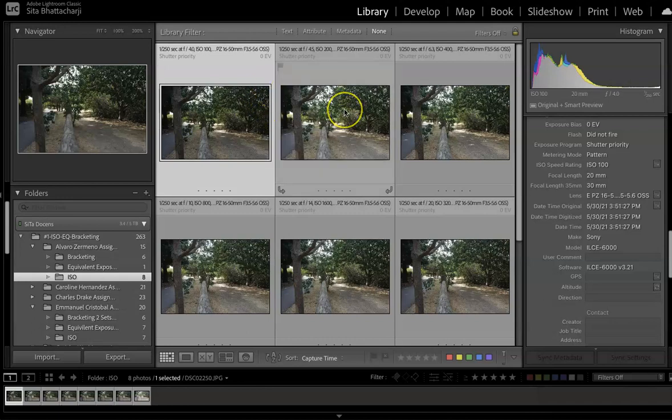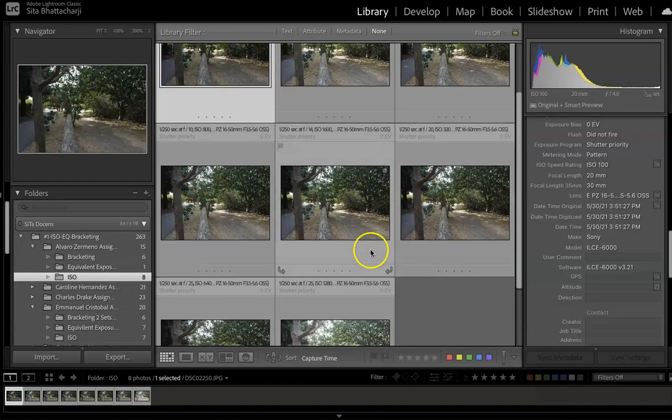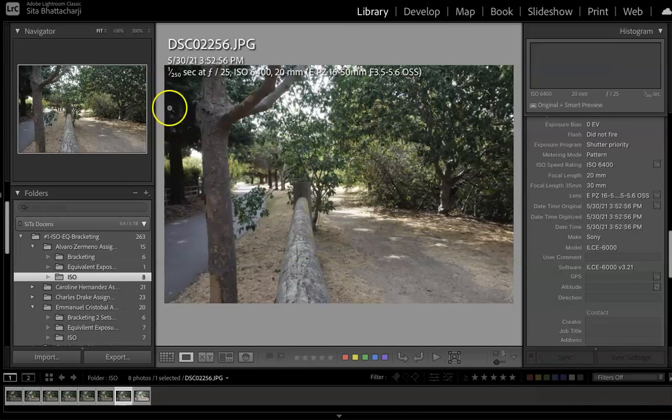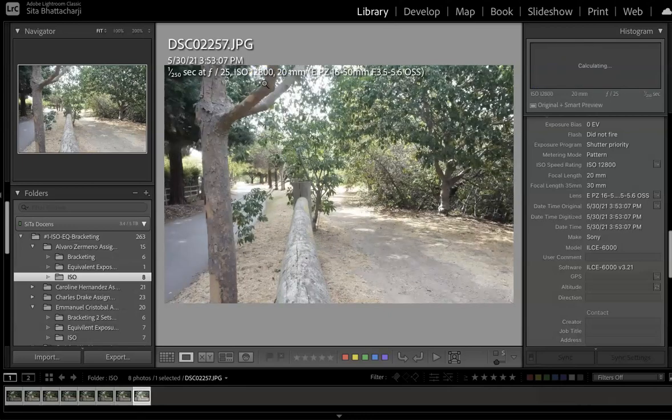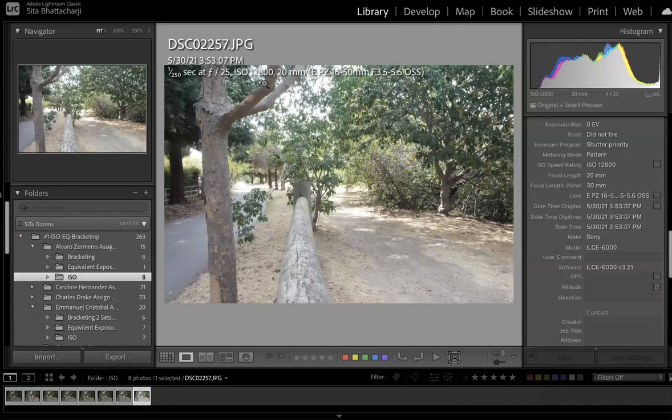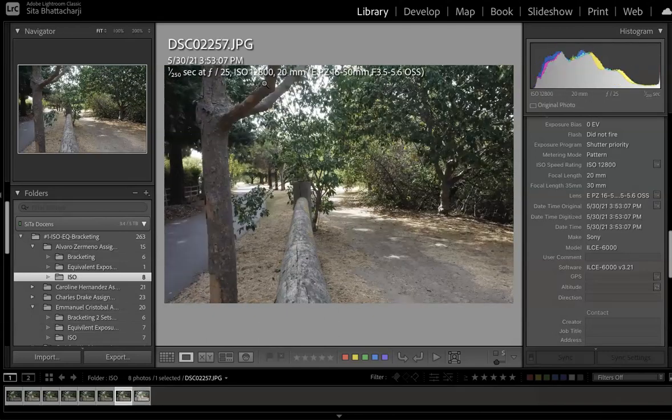And so the camera handled that fine up to, let's see, so this one here is 1/250th of a second at f/25 at ISO 6400. But notice that the next image with the same settings, 1/250th at f/25 at ISO 12800, now this image is